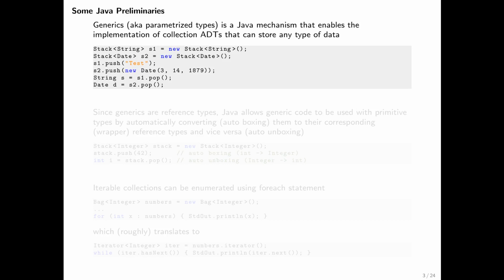So in Java, there is a mechanism called generics or parameterized types that allows you to implement collection data types or data structures that can store any type of data. All right, so let me illustrate this via an example. So here in this code, what you see is the use of a collection ADT called stack that we're going to discuss later. Right? So in the first statement, we declare a stack object called S1